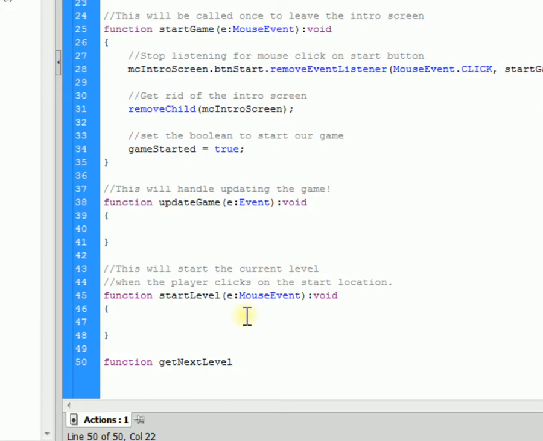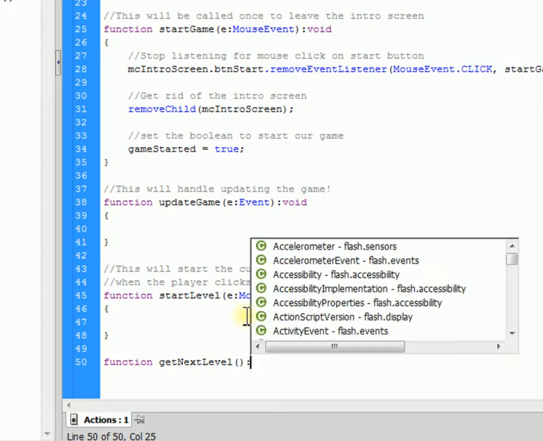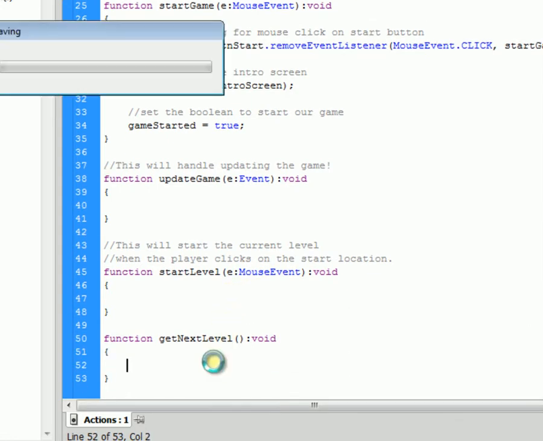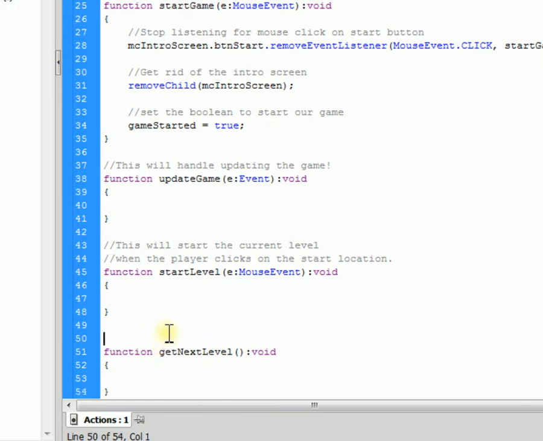Okay. It's not going to have any arguments, and we're not going to return anything, so it's going to be void. And then a pair of curly brackets. So what is this going to do? It's going to get the next level and remove any old level we have on the stage. Okay, so this is going to go and pull our next level and get rid of anyone that might already